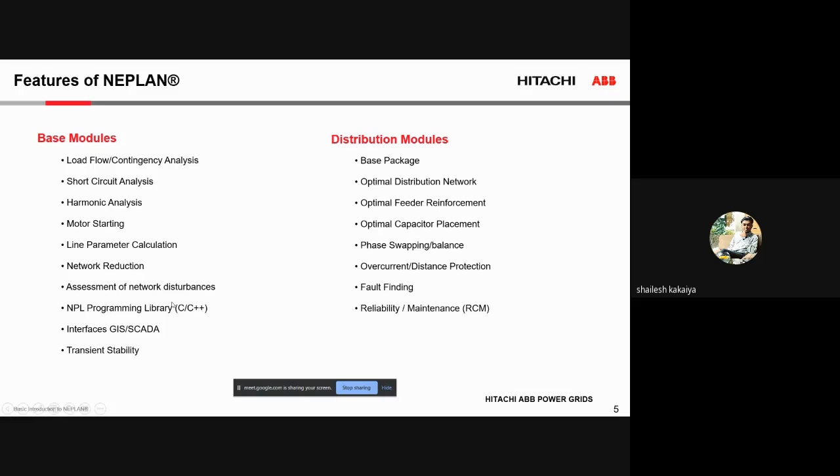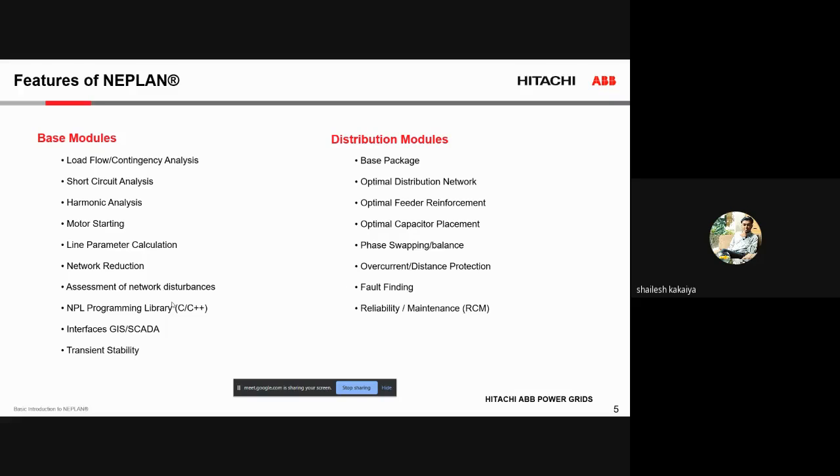And also NEPLAN provides an interface to MATLAB. The dynamic models which you create in MATLAB using Simulink and other things can be interfaced with NEPLAN, and you can create a dynamic model. You can experiment with the new dynamic models that are created. The only value it adds is when you are designing some other controller, for a research topic, or maybe you're designing a new algorithm for MPPT, then what NEPLAN provides